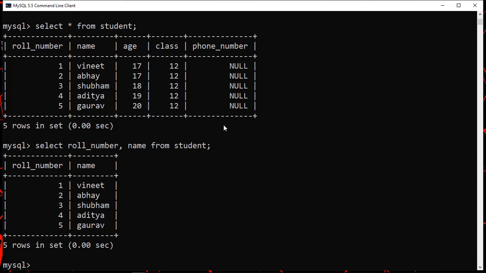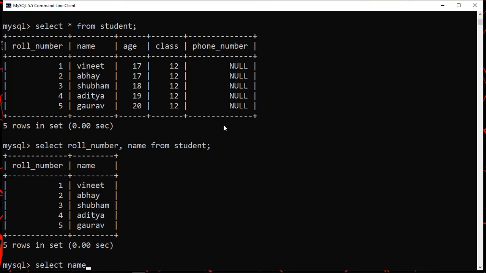Suppose we want to display the names of the students who are above the age of 17. We can do that also. You can write this command select. If we want to show only the names, then we will write select name. If you want to show all the fields, then you will write asterisk.